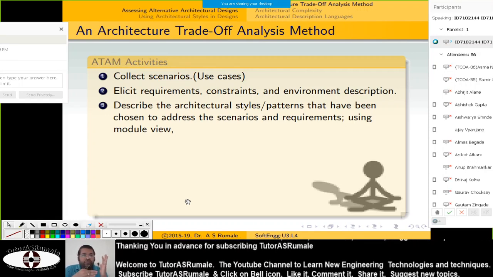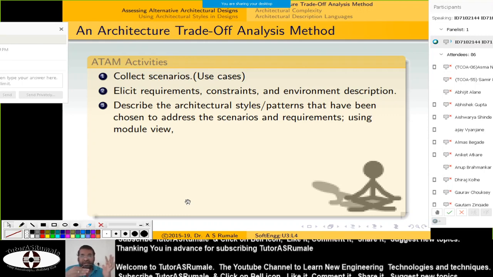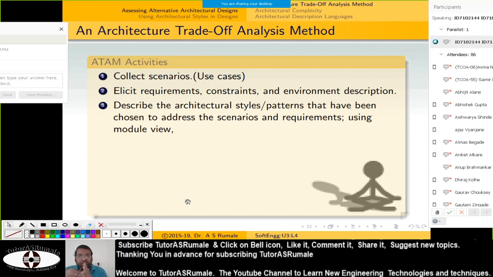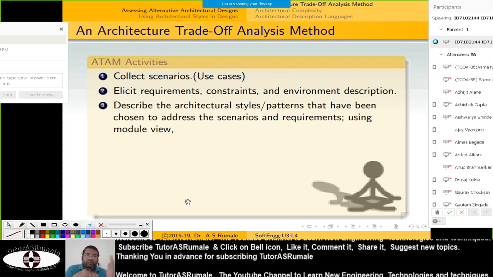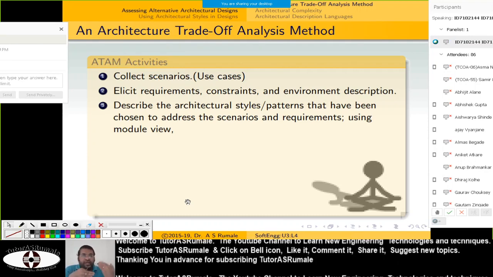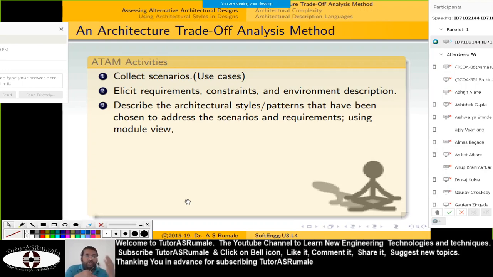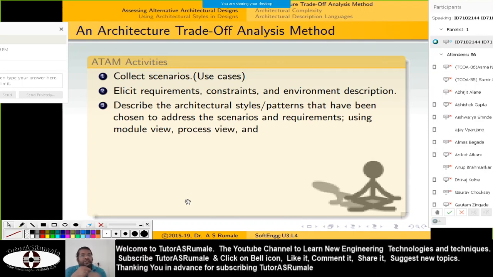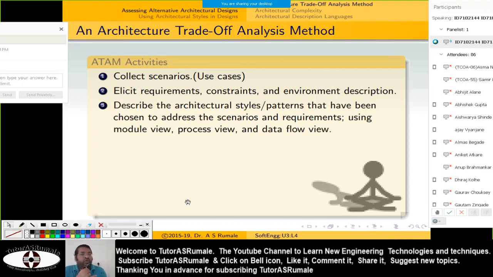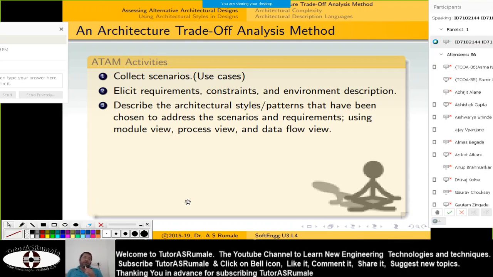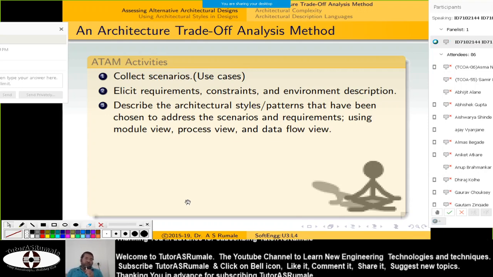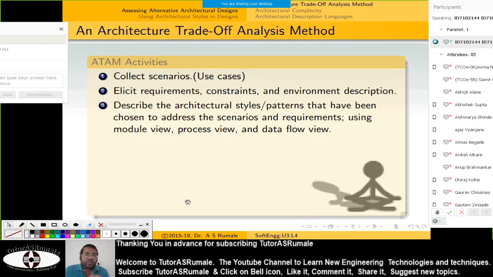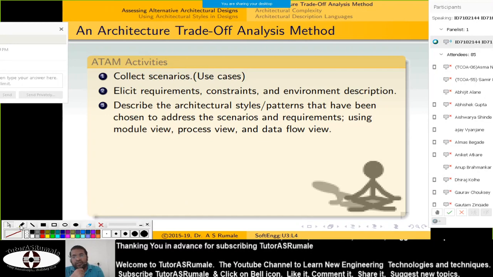If you are on the desktop, all your modules are within one program, so you have to give the module view. If it is client server, a few modules will be executed on the client side, and a few modules will be executed on the server side. And if it is cloud based, then all modules will be executed on the cloud, and the client module is only the access given to this. So you have the process view, module view, and the data flow view. So how the data will flow from one client to server, or server to client, from one process to another process, and likewise. When we are describing this, we have to consider these three views.